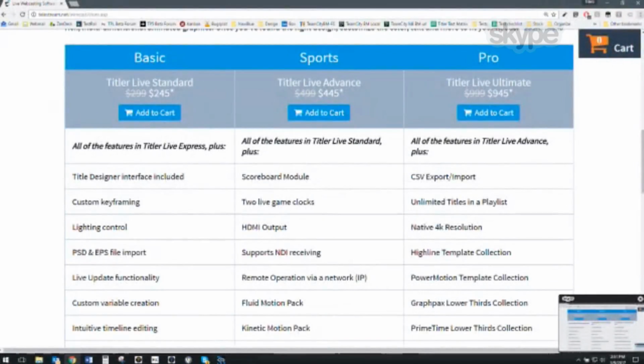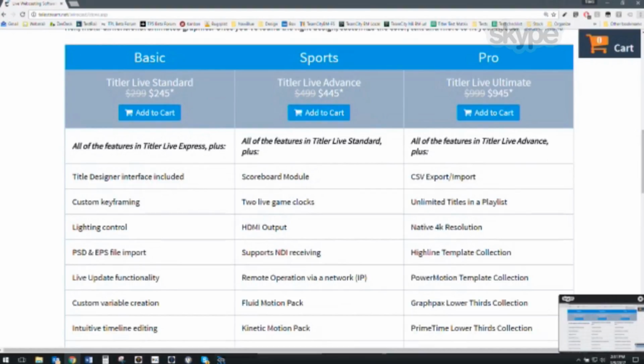I love that somebody can just be handling sports or scores. They could be handling graphics and scoreboards, and they just deal with that and manage all the titles. And the Wirecast operator can just focus on the cameras and switching. That's awesome. Yeah, and then also it comes with more